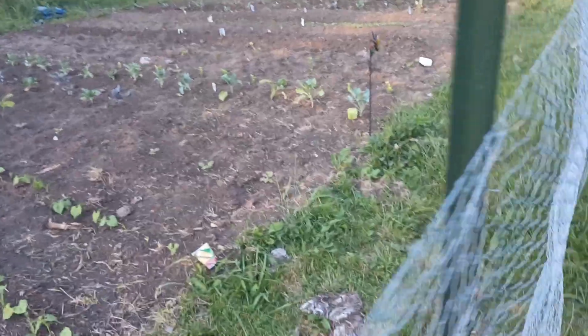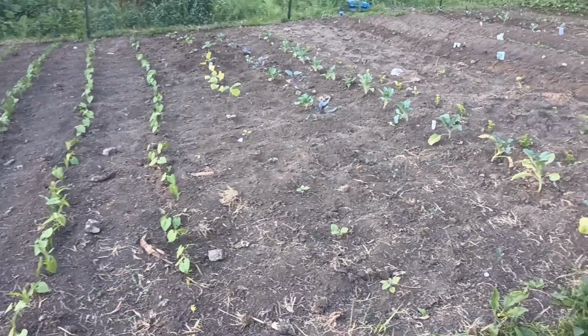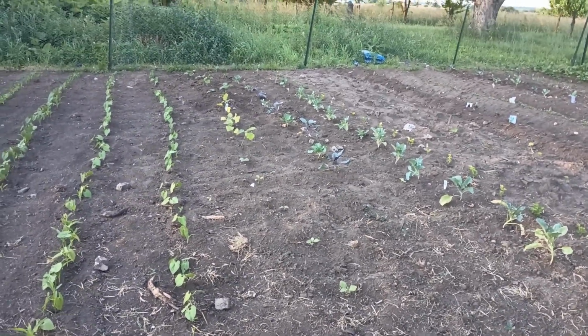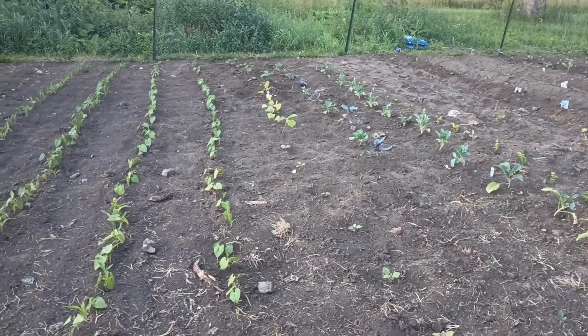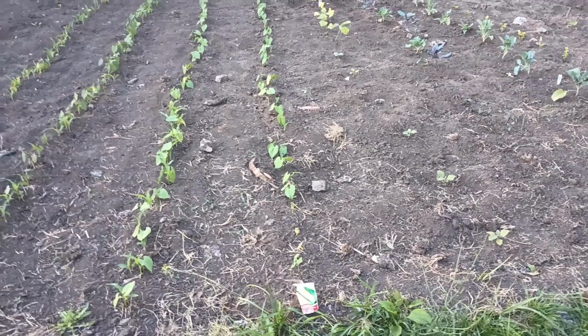And then I've got all of my eggplants in. I had ended up with 10 eggplants. So I've got all my eggplants in. I have all of my butternut squash, and then I had a bunch of yellow straight neck squash, zucchini, and